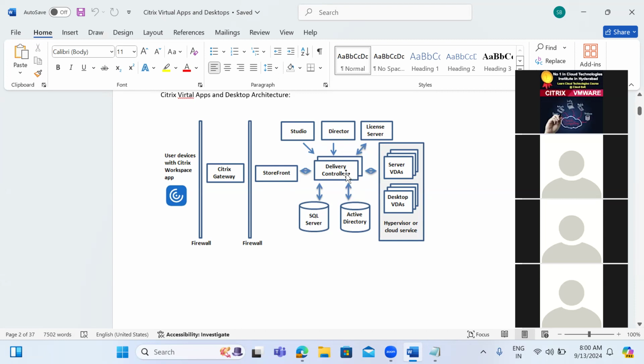In order to deliver or provision the desktops or applications, and for user management, most of the administration will be done from the delivery controller. Then we have Studio. Studio is an MMC based, Microsoft Management Console, tool. That means it's an administration tool. Most of the Citrix administrators will use Studio in order to administrate